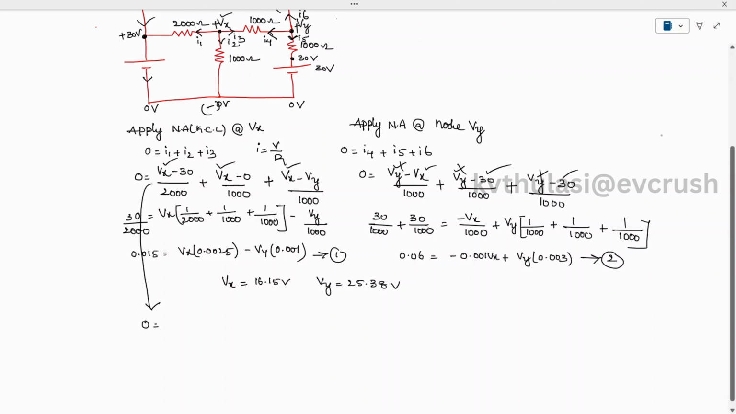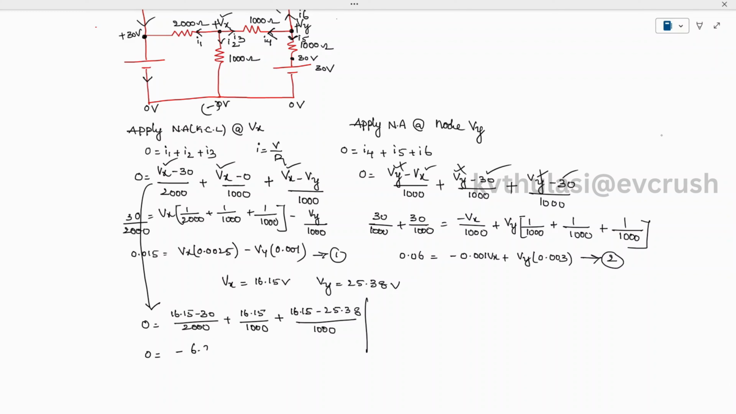So 0 is equal to, Vx is how much? 16.15 minus 30 divided by 2000 plus 16.15 divided by 1000 plus 16.15 minus 25.38 divided by 1000. Okay, so this is one set of equation, and when you do it with your calculator and convert into milliamperes, you are going to get it as